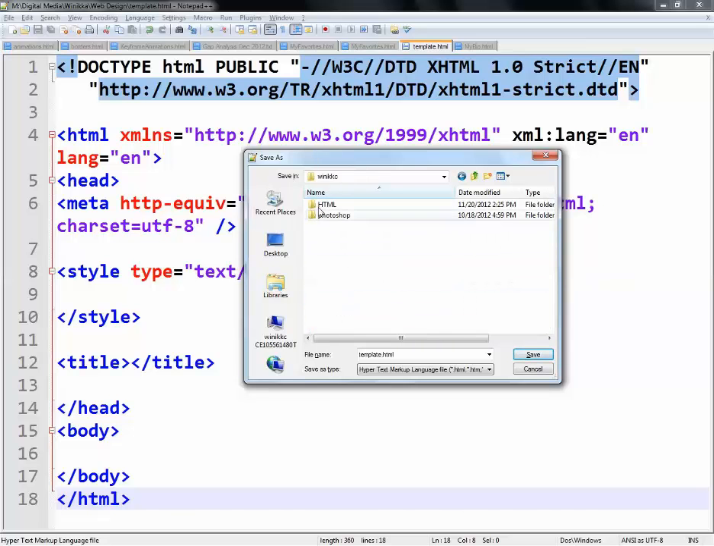And in your student folder, in the HTML folder, if you don't have one, go ahead and create one now, because you're going to have a lot of files. You can create a page called